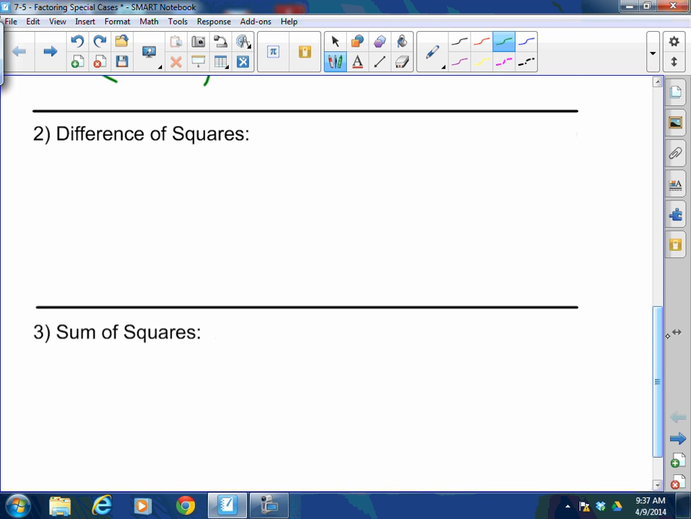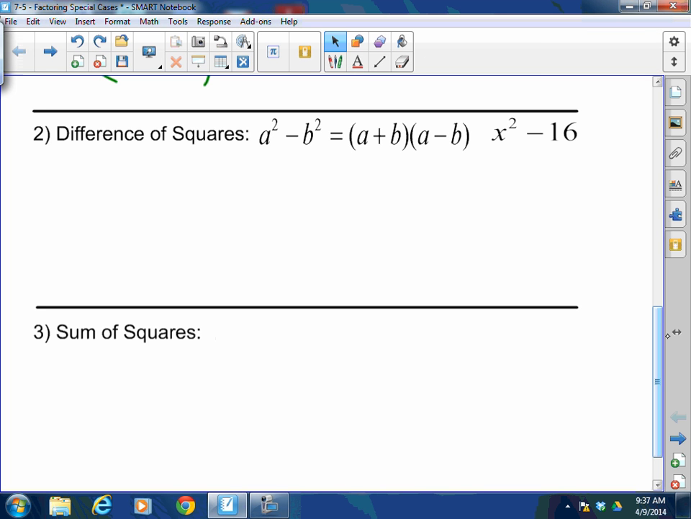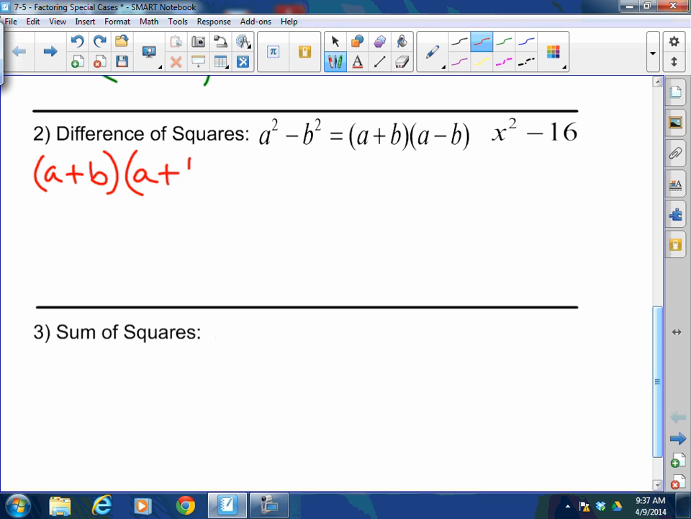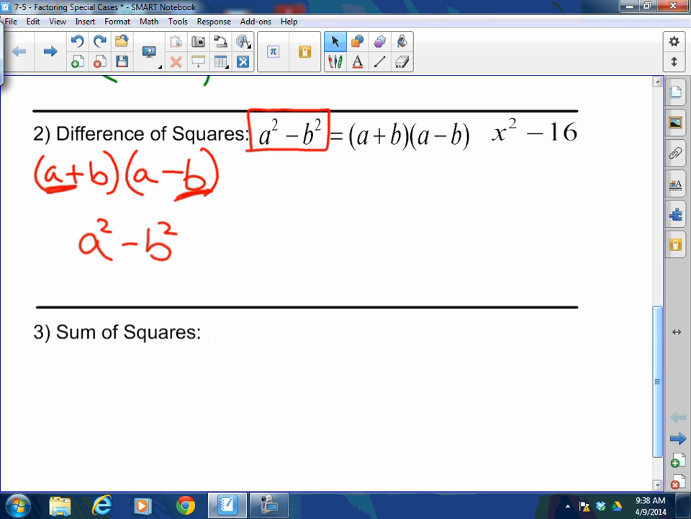You have to memorize difference of squares. Difference of squares is a squared minus b squared factors out into a plus b times a minus b. Again, do you guys remember when I taught you a plus b times a minus b? Remember there was a trick here. We said it's the first term squared minus the second term squared. Well, if you remember that, you can reverse this very easily. When I have two values that are perfect squares that are being subtracted from each other, the way this is going to work is